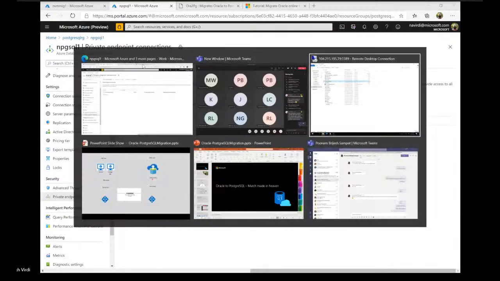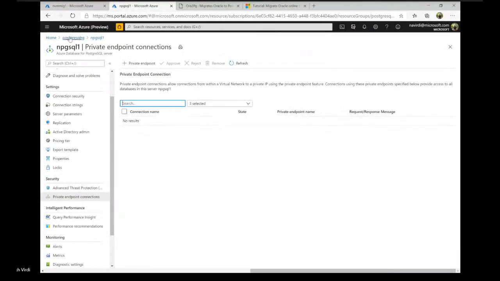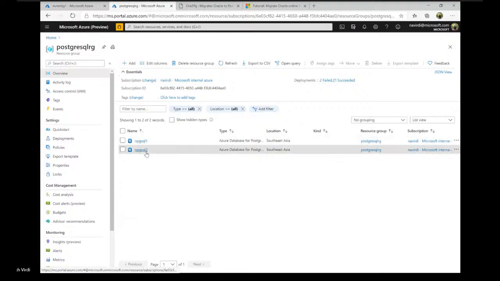So essentially, if you go back to this diagram here, what I can do is spin up a PostgreSQL, create a private link, and from the private link I can directly connect to my database VNet. I can create that private link IP in either this subnet or this subnet, and then my DB VM can directly connect. So for now I am not doing that, but that is totally possible.